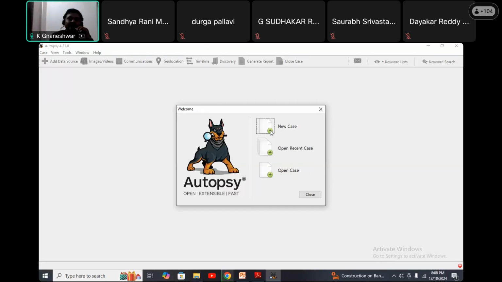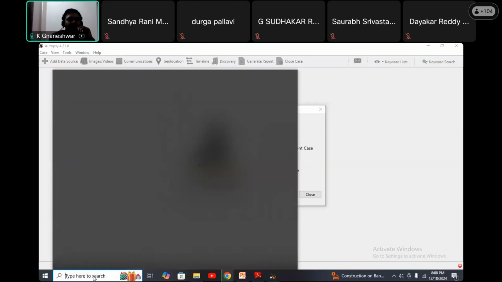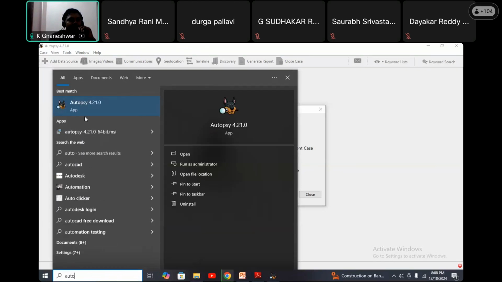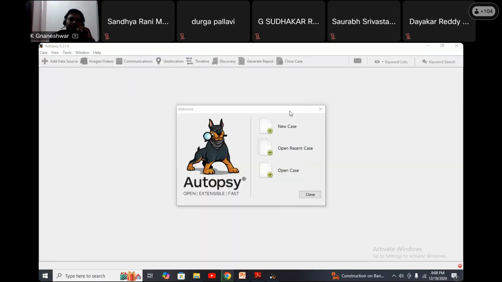First download it. After downloading, click on Autopsy like this, already downloaded. This symbol will come. Simply click on it and the first page opens like this. Now click on new case, because we are starting a new case.